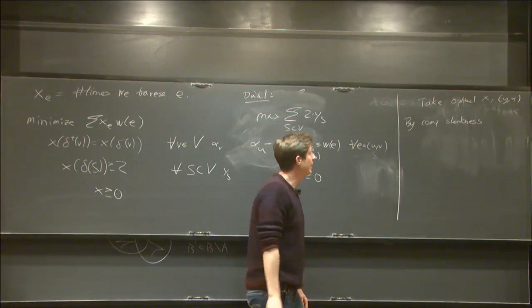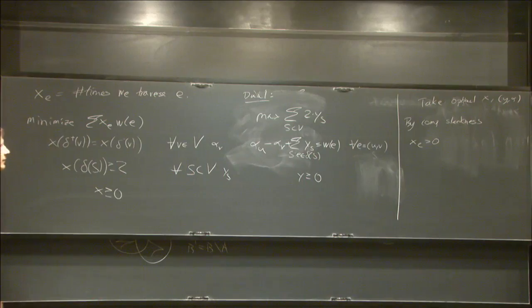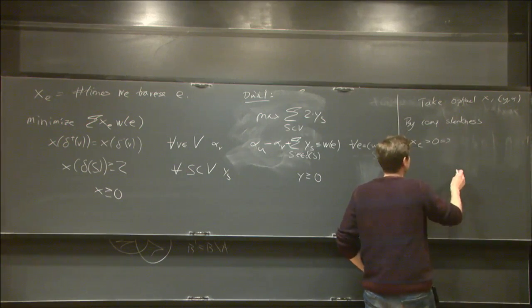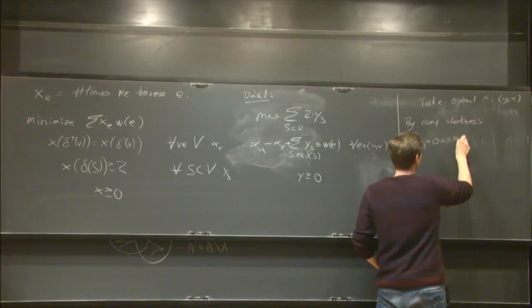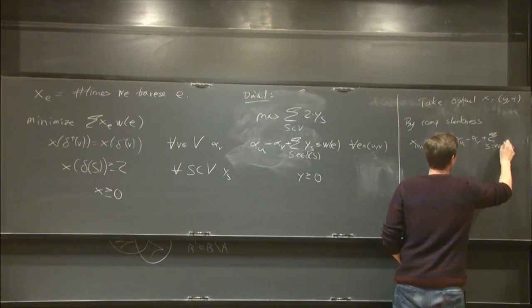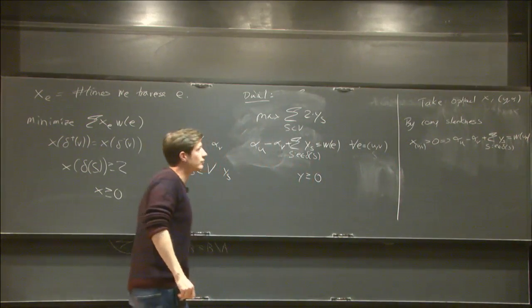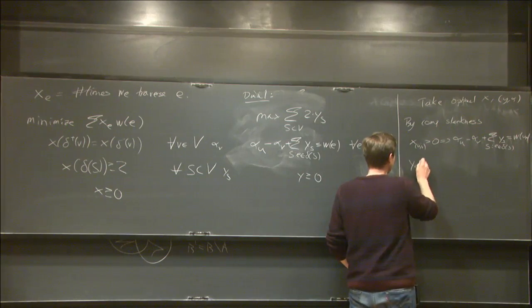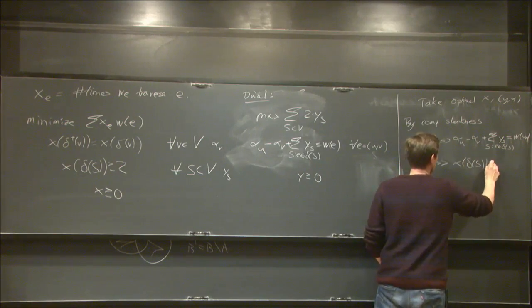Okay, the primal complementarity slackness says that if xe is chosen by the LP, then the corresponding dual constraint should be tight. Okay. So that implies, so let me call this uv. So this implies that alpha u minus alpha v plus the sum of this ys is equal to the weight of this edge. Okay. And dual complementary slackness says that if ys is positive, then this corresponds to a tight constraint. So this says,